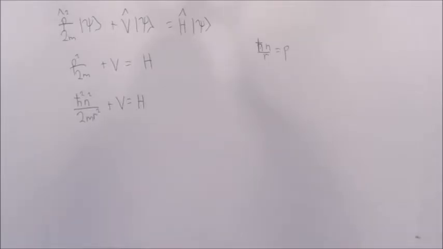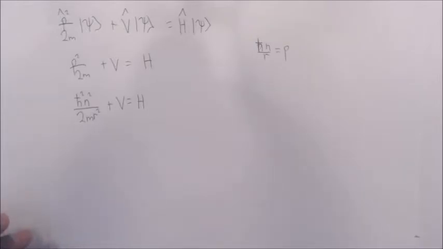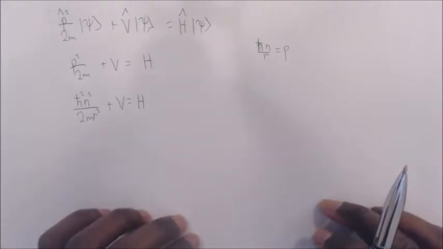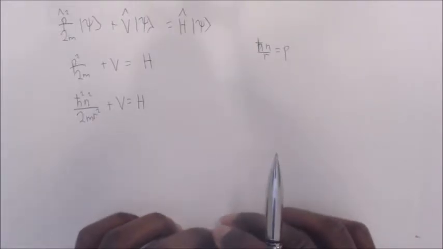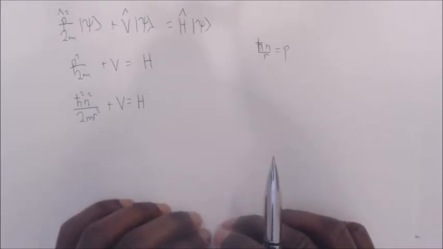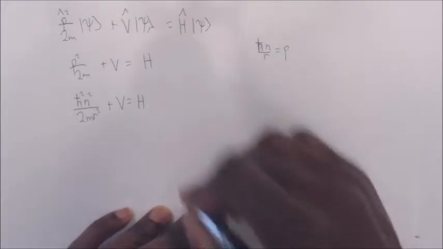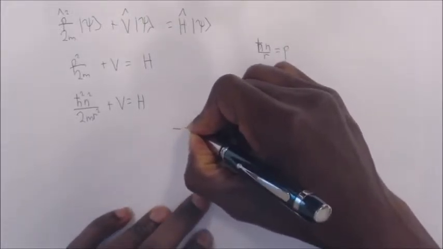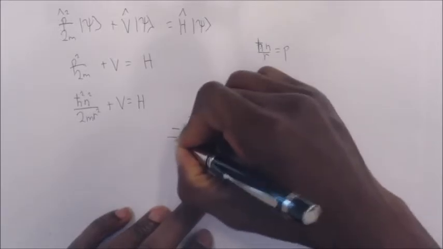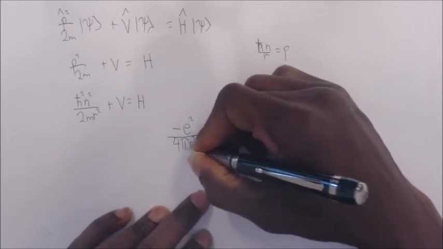So basically what we're going to do is take the Coulomb force and integrate it with respect to r, and that should give us the potential energy. Okay, so basically the Coulomb force of an electron that's attracted to a proton is minus e squared over 4 pi r squared epsilon sub 0,